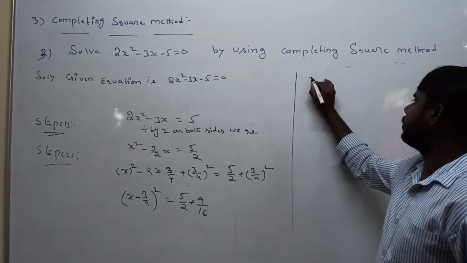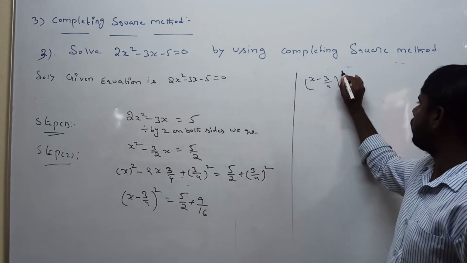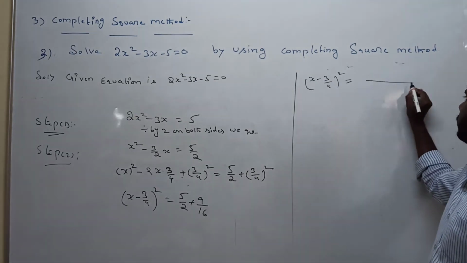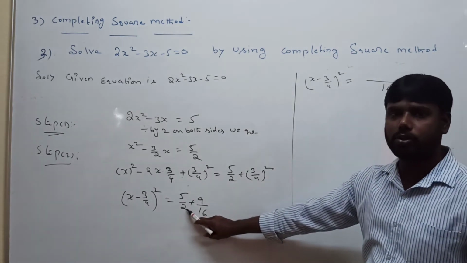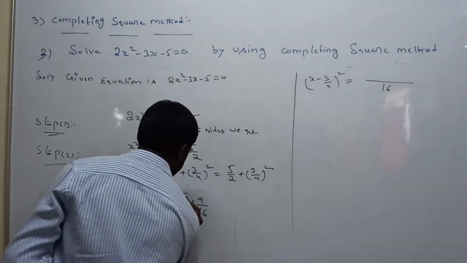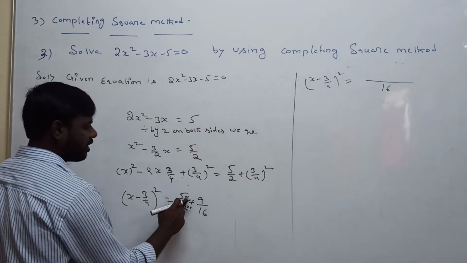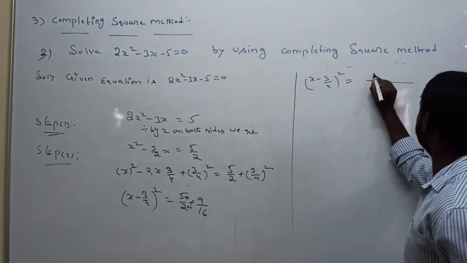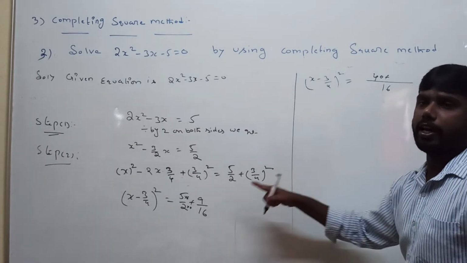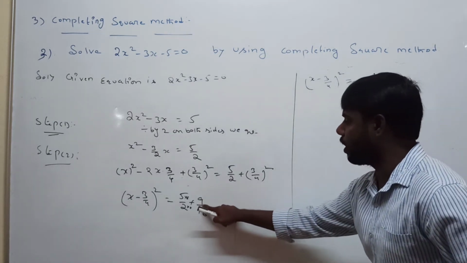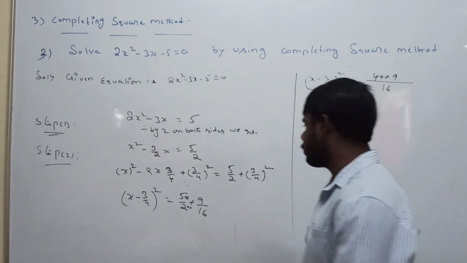So you have to simplify. Right hand side you have to simplify: x minus 3 by 4 whole square is equal to the LCM is 16. The LCM is 16, but here 2 is the denominator, so multiply 8 with numerator and denominator 8 divided by 8. Then 2 into 8 is 16. Only product: 5 into 8 is 40. Plus already denominator 16 is there, LCM also 16. Only we are adding the numerator. What is the numerator value? Only numerator value is 9. How to take LCM? Everyone understood?